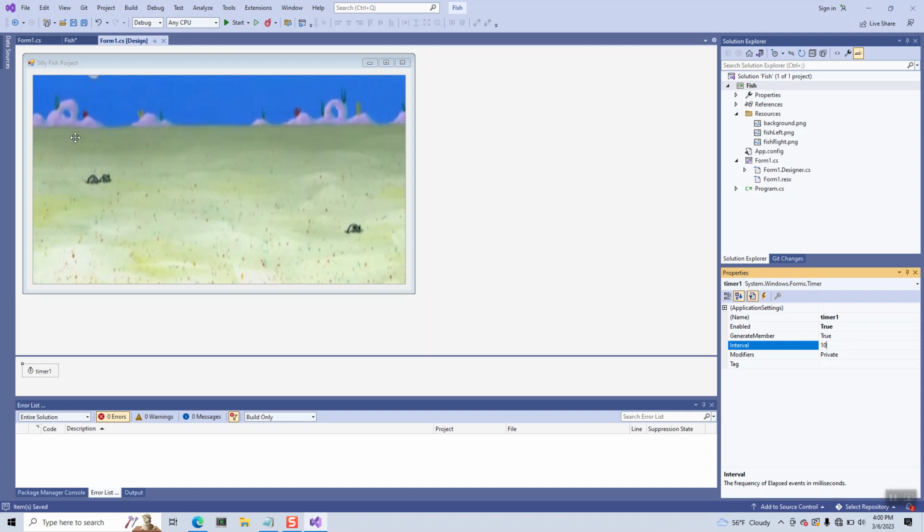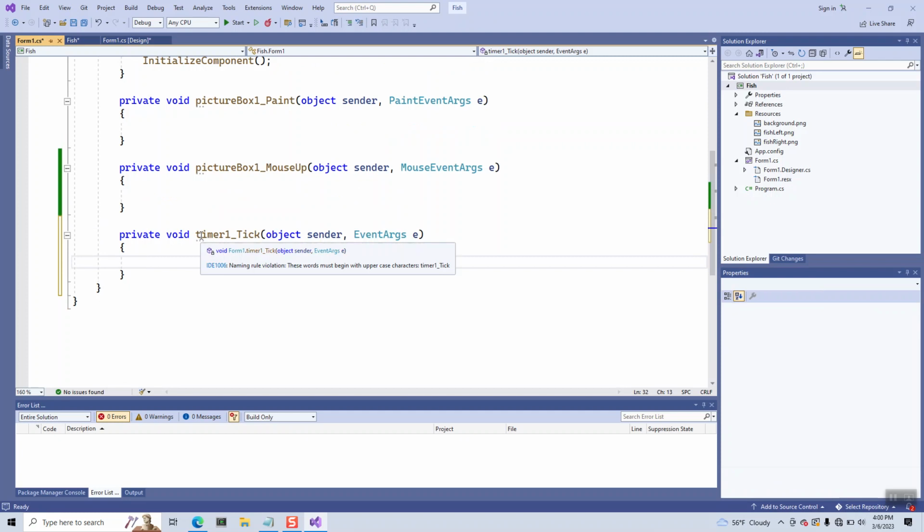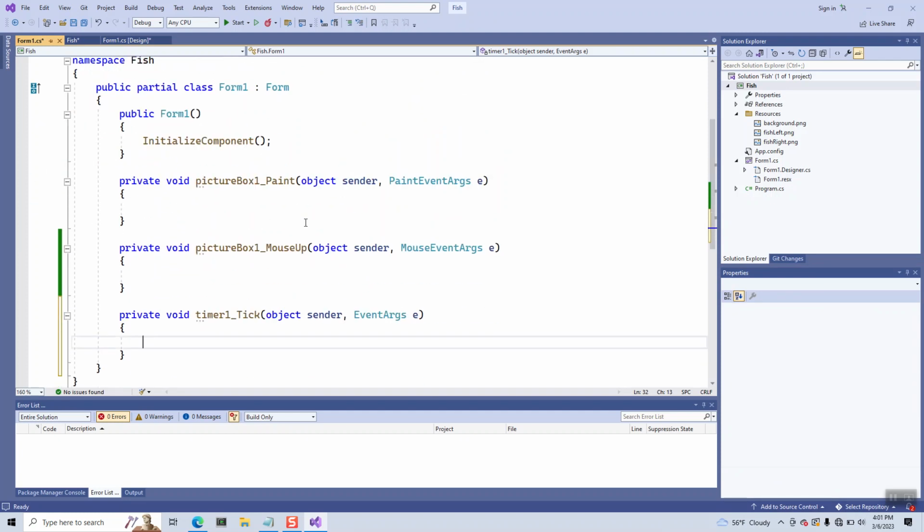Now, we need a function that will be called when our timer elapses. To make that function, we can either go to the lightning bolt here and double click right there, or we can double click on our timer control itself. Just double click there. And now we have a timer tick function. So this function will get called whenever the timer runs. So let's see now. Now we basically have the framework for our